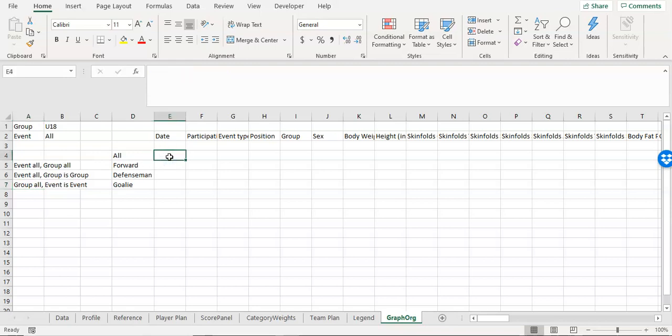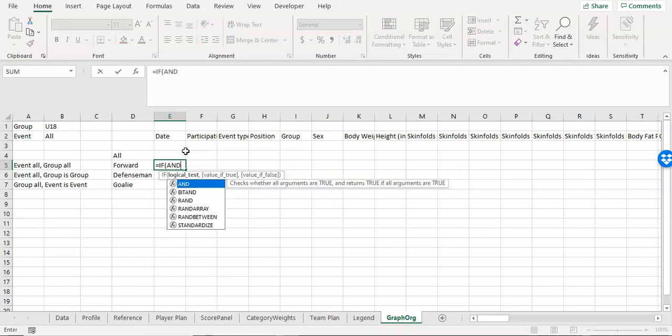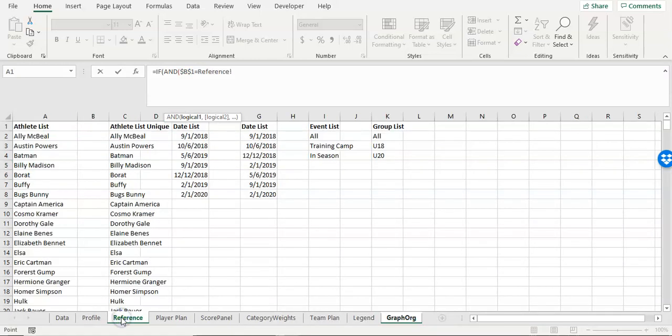So the first part of my formula here is going to be equals IF, or maybe I'll start with the positions because that'll be better. Let me start over. Equals IF, and we need two things to be true. If this group is all, so if B1 is equal to, and we don't want it just to be all, we want it to be what our drop-down list says is all, which is going to be governed by what's in our reference list. I know this is hard to envision right now. This, K2, reference K2. So if that group that we pick is the first thing in our group list, which is whatever we term all groups, if that's true, comma, and also,